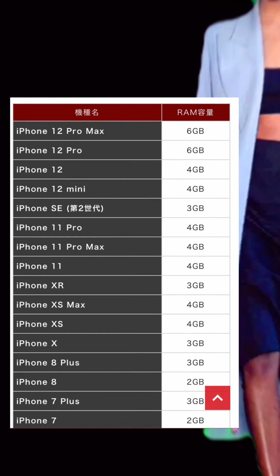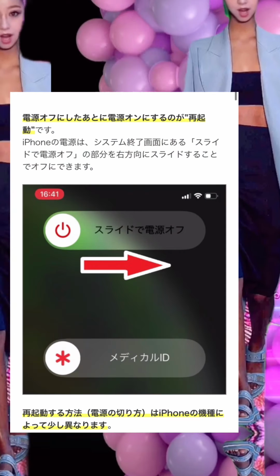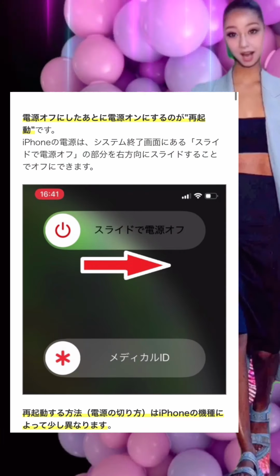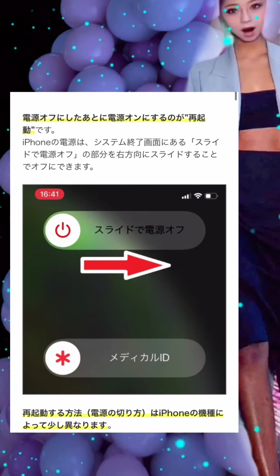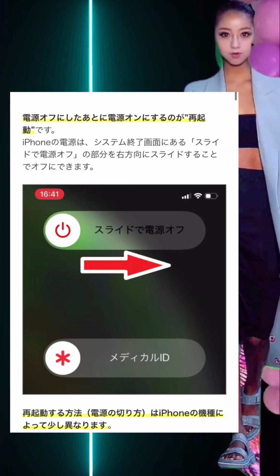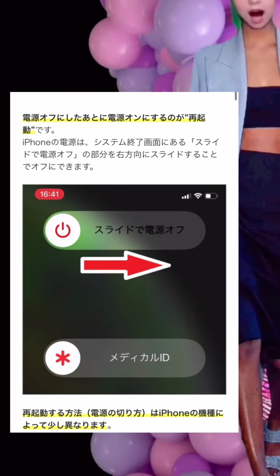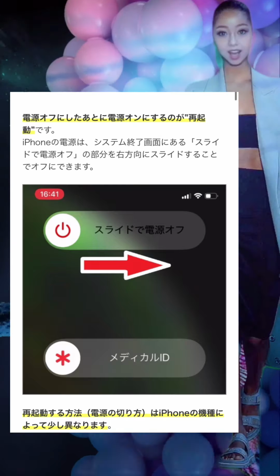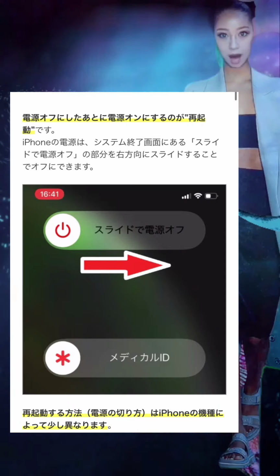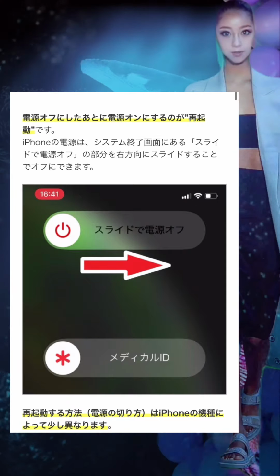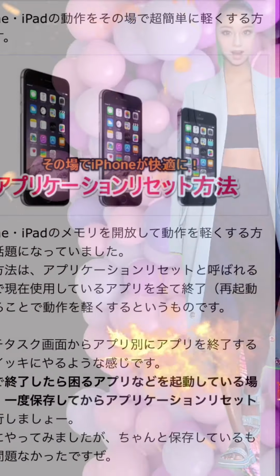1. We have discovered 3 ways to forcibly release RAM. A. Restart your iPhone. To do this, press and hold the power button and swipe power off at the top of the screen to turn it off. Make sure the power is off. Wait at least a few tens of seconds, and then press and hold the power button again to turn on the power. In this case, it takes about 1 minute and 10 seconds to recover. I have confirmed that the freezing of Word can be improved. However, while writing a sentence, restarting many times, even once, is not a practical solution.